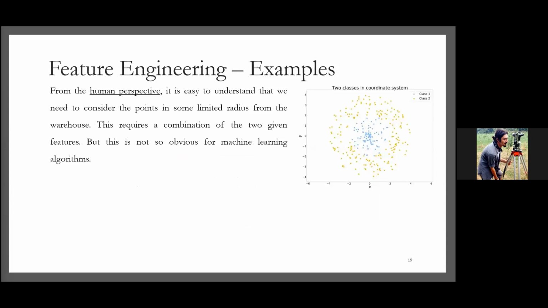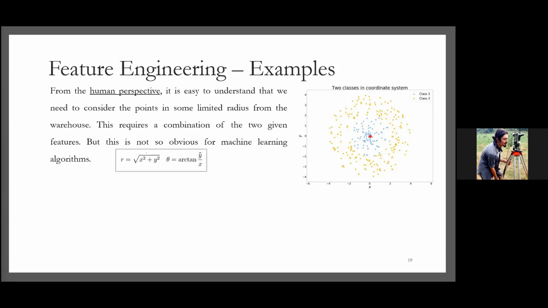So for the first example, let's assume that we have a warehouse in the middle of the graph, and the blue dots are the stores where we can trade by making a profit. And the yellow dots are stores where we don't want to do business because of no profit. From the human perspective, it is easy to understand the graph, but it is not obvious for the machine